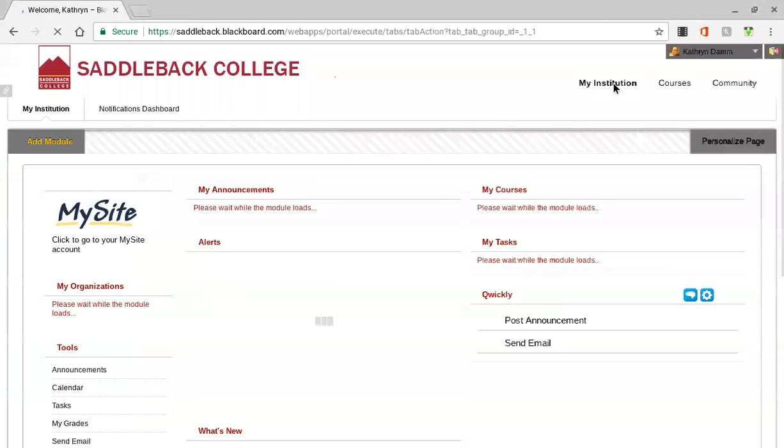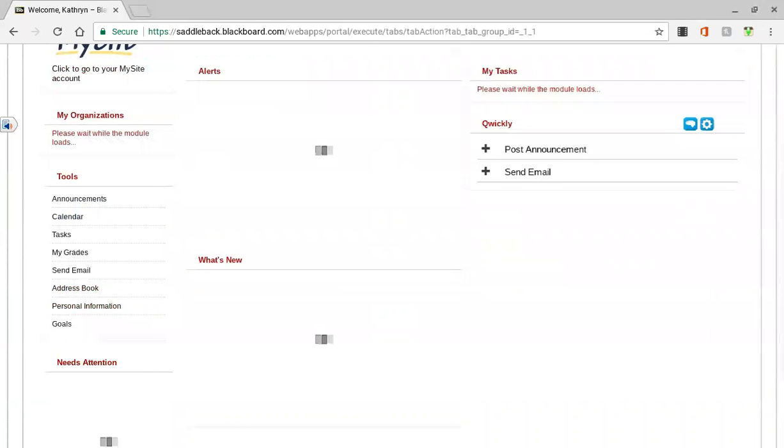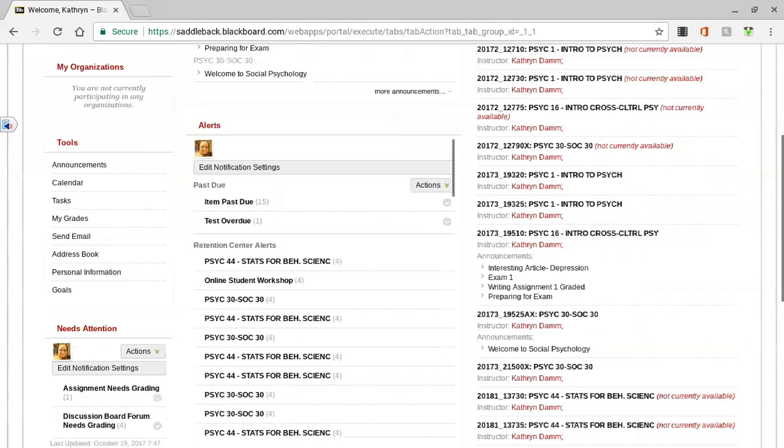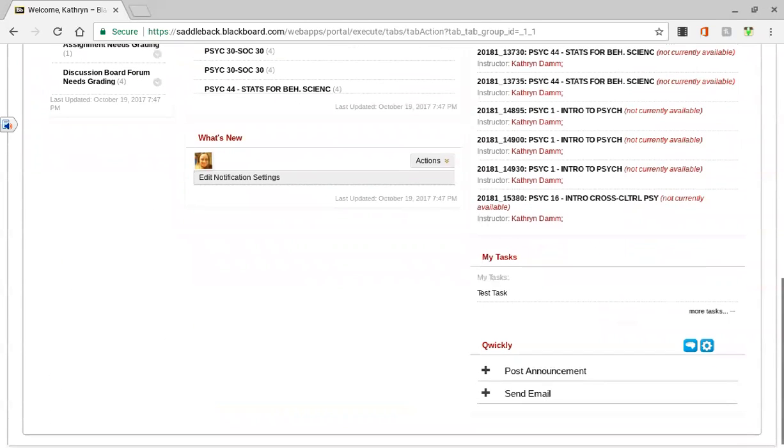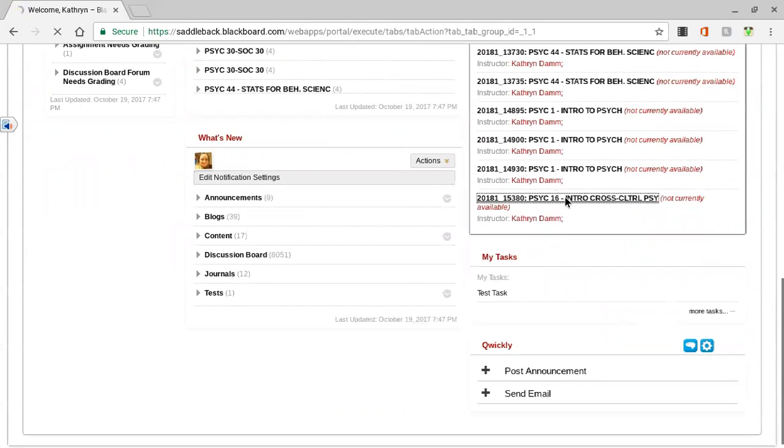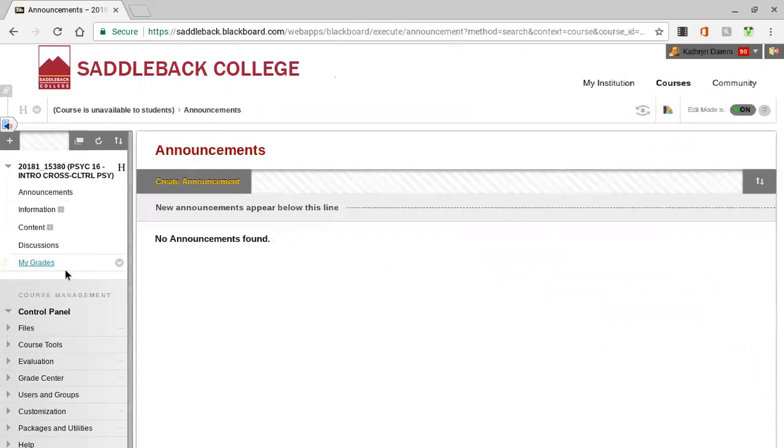And I'll do that. I'm going to empty out what's in my empty shell, which might sound weird, but it has some default stuff you need to get rid of. So I'm going to scroll down to my empty shell. So this is for another semester. Notice you have these on the left. You're going to duplicate these and you're going to have 2 sets of announcements, 2 sets of discussion boards, and